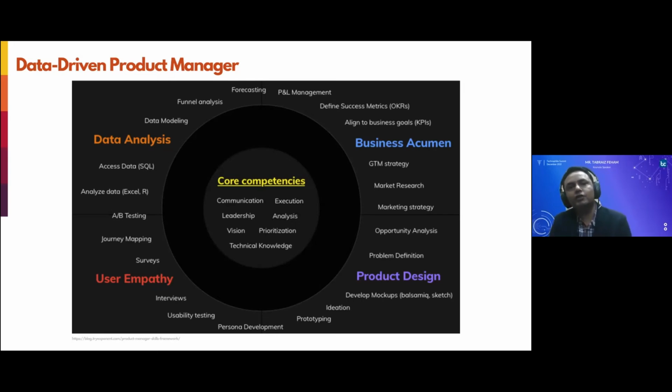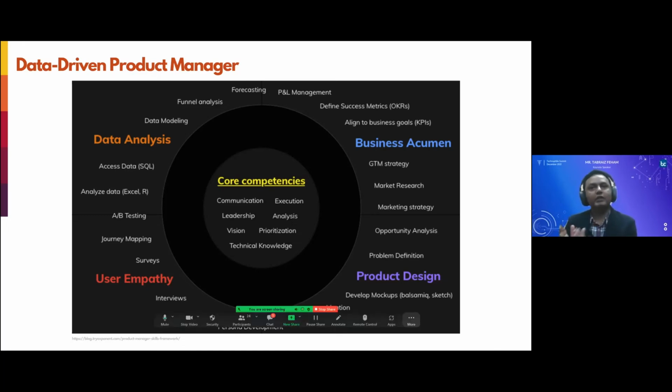But most importantly, you should be hands-on with data analysis. You should be able to access the data. You should be able to identify the sources. You should be able to analyze. You should be able to do A/B testing and all these. So as I highlighted earlier, if you would like to be a data-driven product manager, there are some basic tools you have to get hands-on with. But for the rest of the others, let's say AI and ML based tools, you should be able to understand the workflows so that you can work closely with the data teams and the machine learning engineers and all that. But as far as data analytics goes, if you are hands-on with those basic tools, you should be good to go.